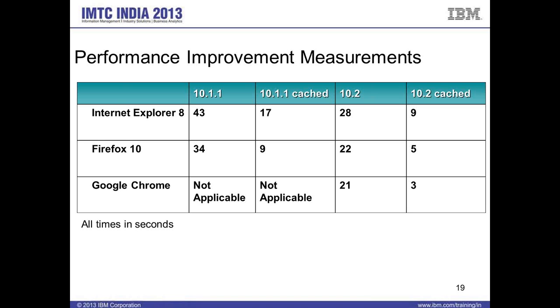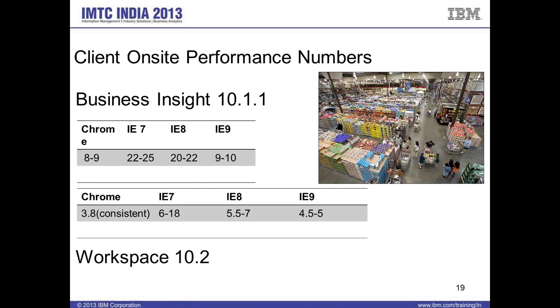As well as we added support for new browsers like Google Chrome. On Google Chrome, it's significantly faster than any other browser. Where IE was taking 28 seconds, Google Chrome takes 21 seconds to load the data. These numbers are from lab testing, where it shows significant improvement over the first run and the cached version, where it stores all the layout and look and feel content in the user's browser, and then it just navigates the data. Talking about real-life client testing, we have some performance numbers.